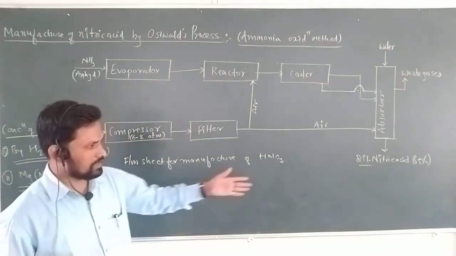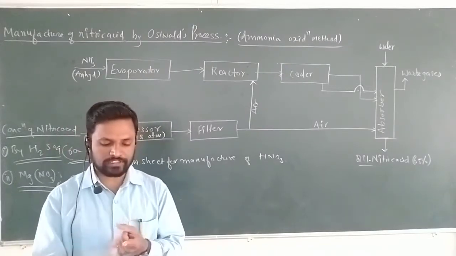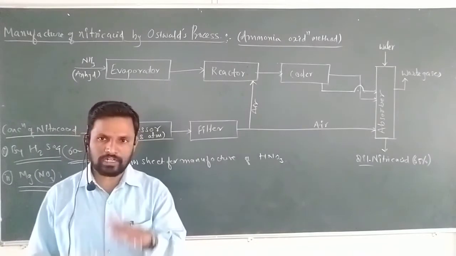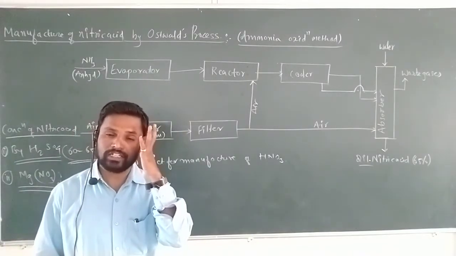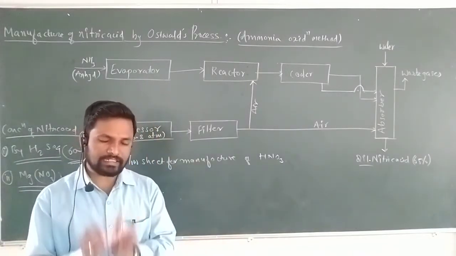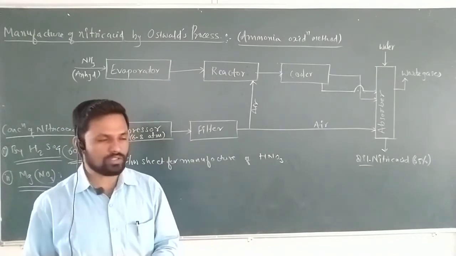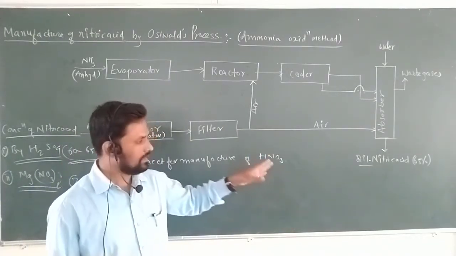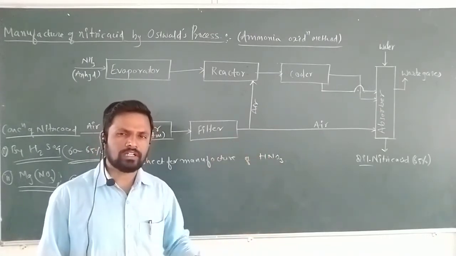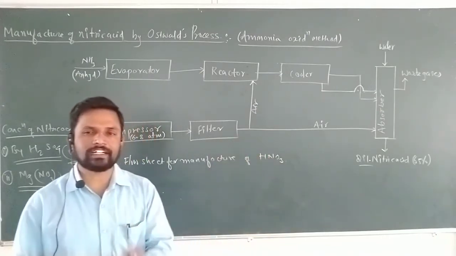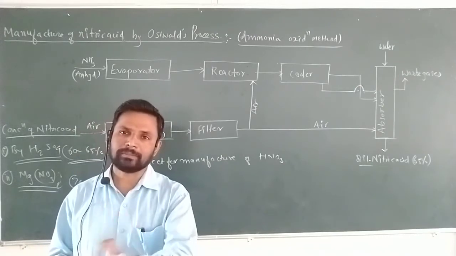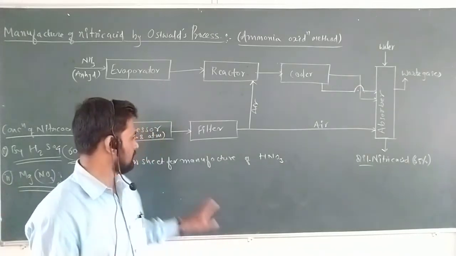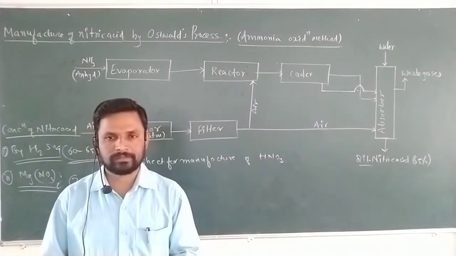Simply, how does the concentration of nitric acid take place? It takes place by two methods, that is by using H2SO4 and by using magnesium nitrate. Both act as dehydrating agents, because they absorb the water molecules from the diluted nitric acid and convert it into a further pure form of concentrated nitric acid, that is 90 to 95% pure nitric acid.